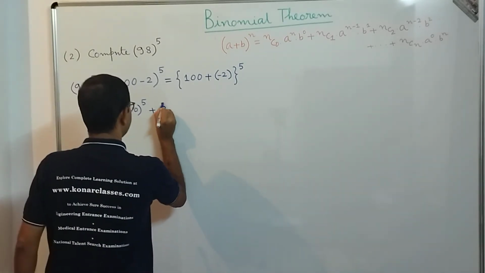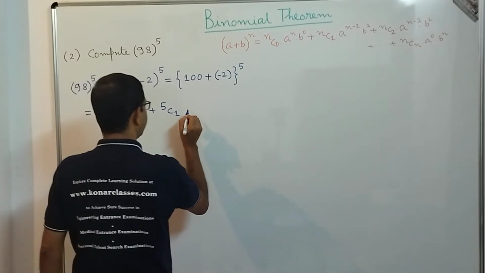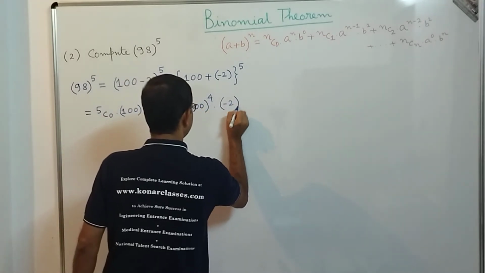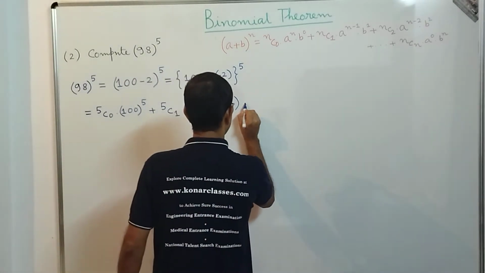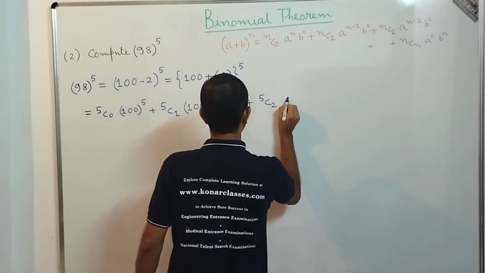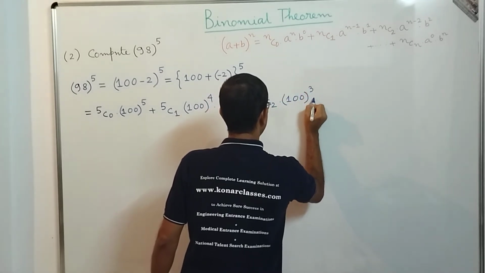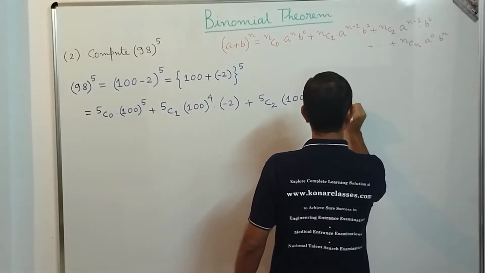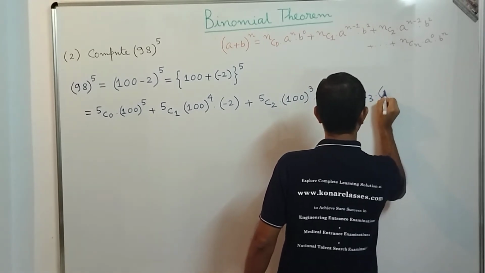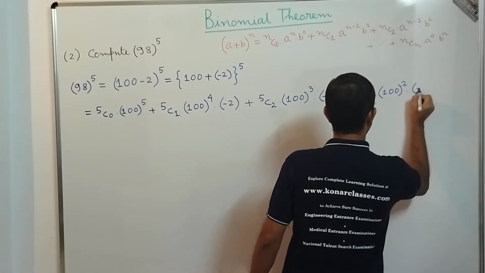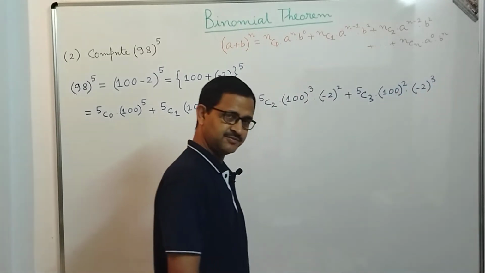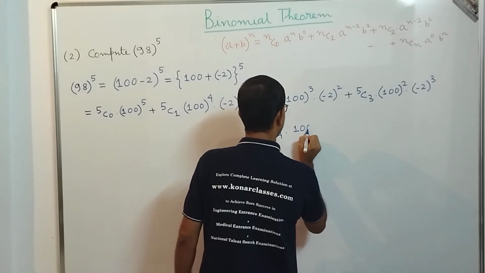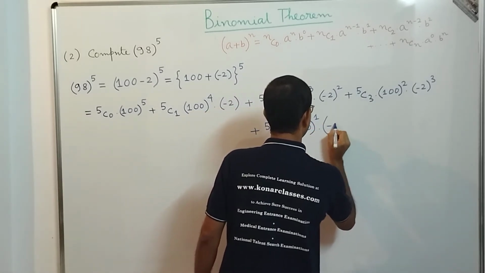Applying a to the power 5 minus 1, a is 100, so 100 to the power 4 into minus 2, correct, plus 5c2 into 100 to the power 3 into minus 2 whole square, correct, plus 5c3 into 100 to the power 2 into minus 2 to the power 3, correct, plus 5c4 into 100 to the power 1 into minus 2 to the power 4,